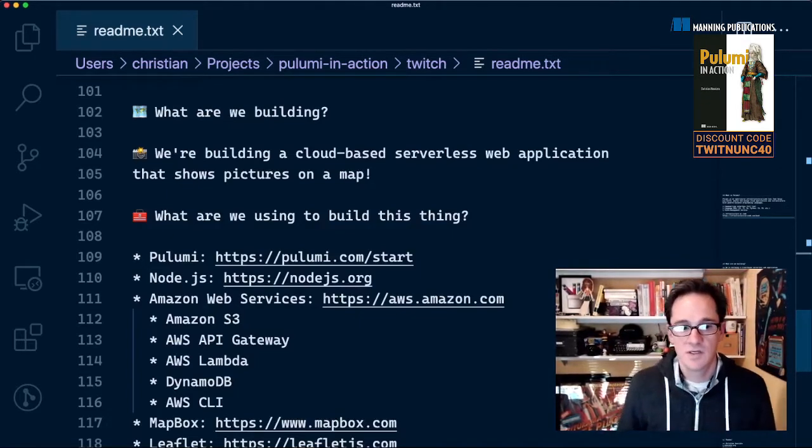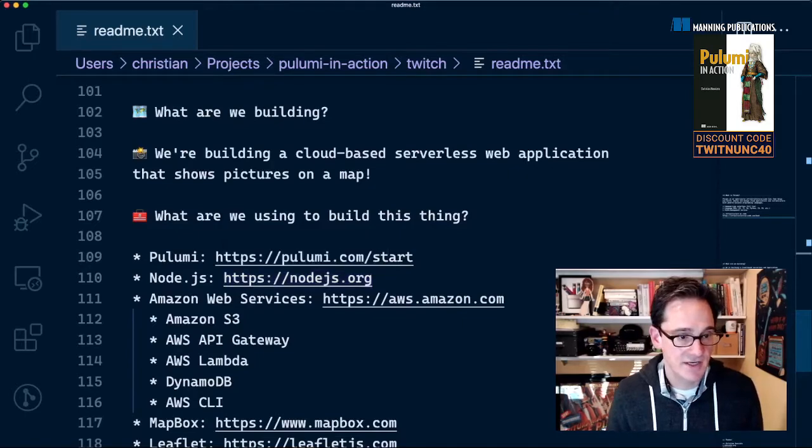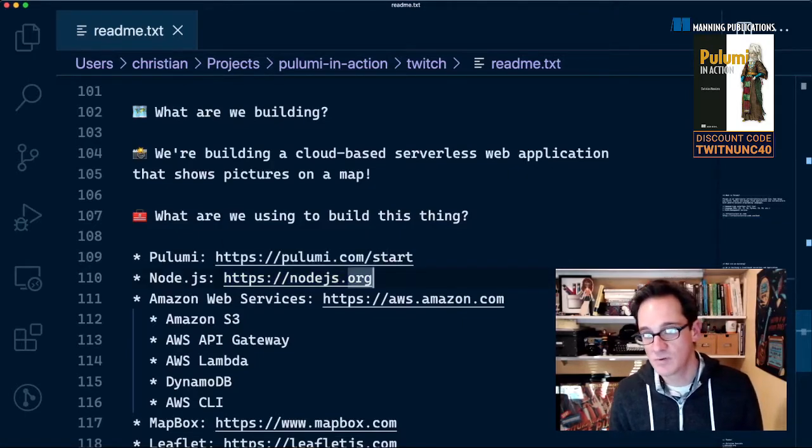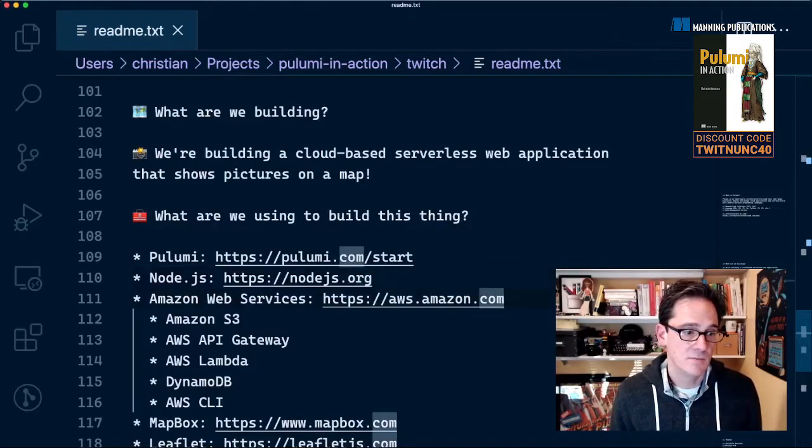And so we're going to build it together today. How are we going to do that? We're going to use Pulumi, of course, with Node.js. So we're going to write a TypeScript program that uses Node as its runtime to then communicate with AWS to use the following